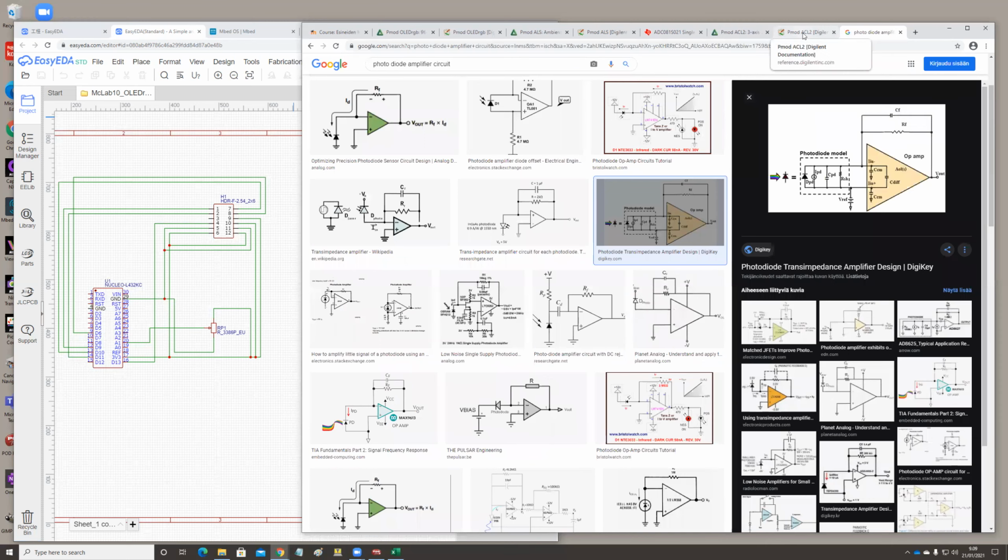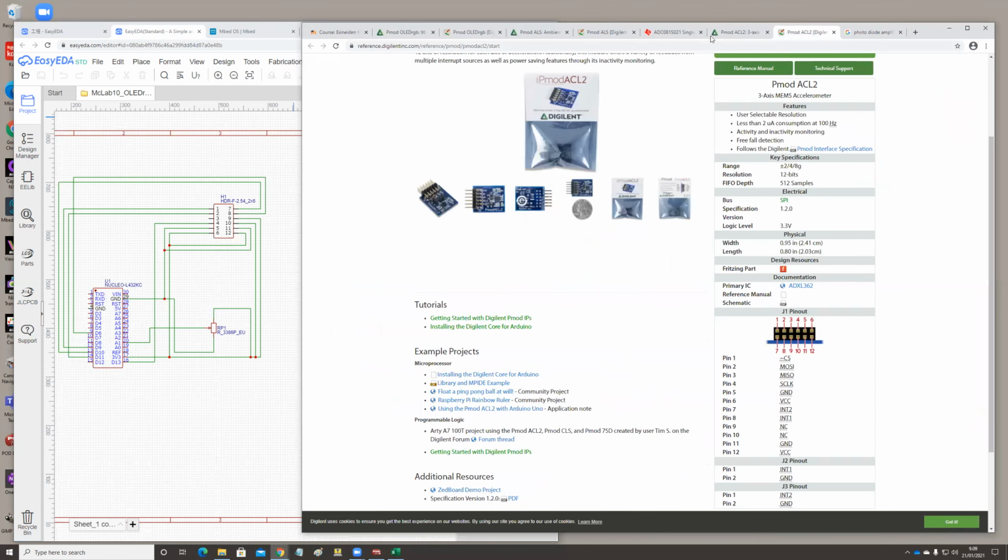So also in this circuit that we have, the photodiode in here, we can see that